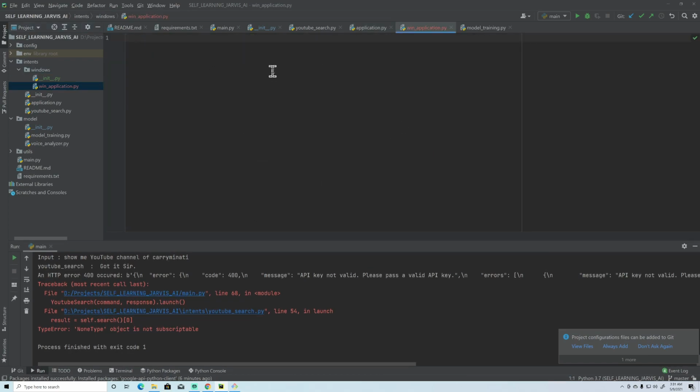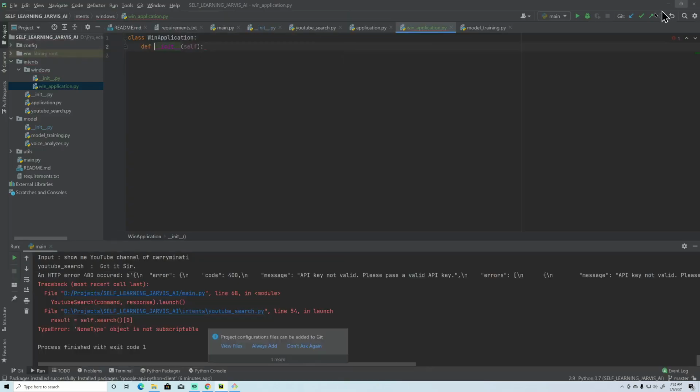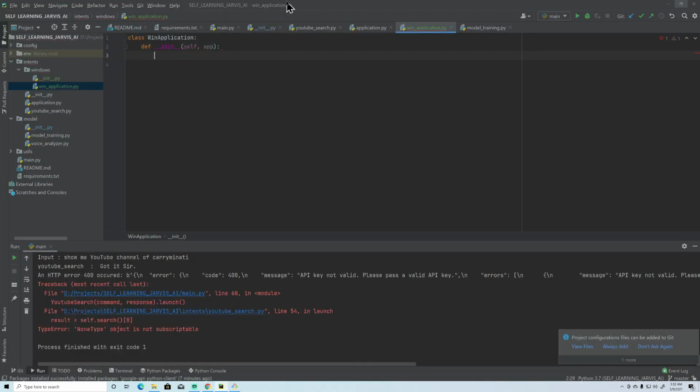And add. And here I'm going to create a class, application, and here I'm going to create the init method also. And here we will have the app name, so self.app equals app.